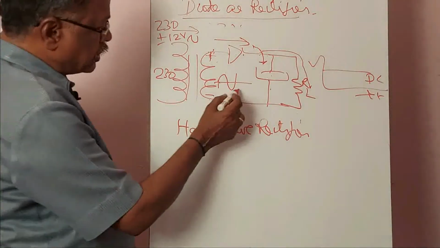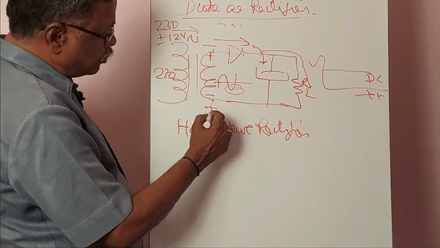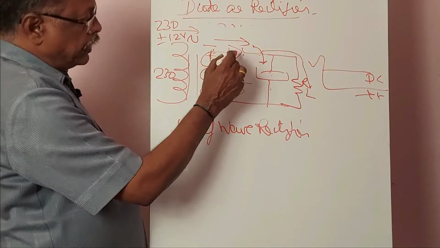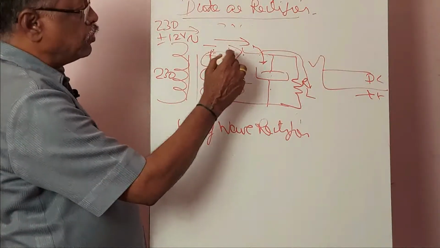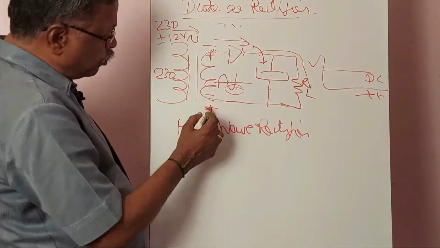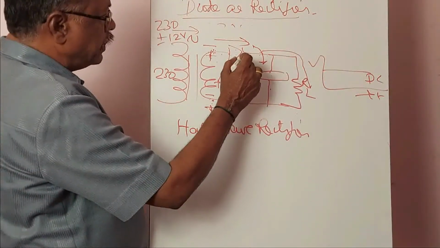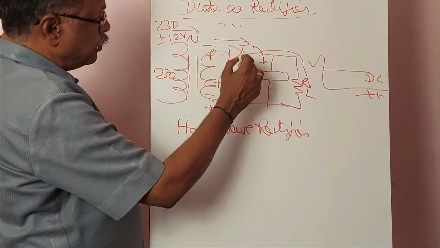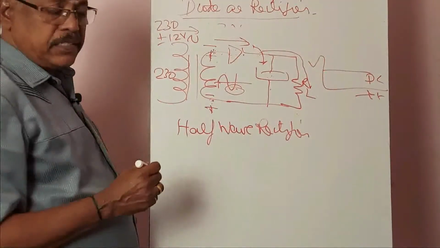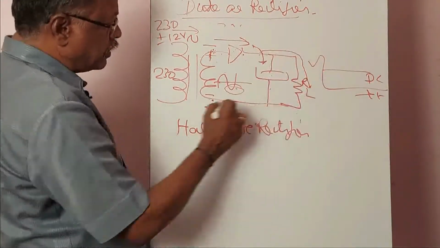Let us discuss the negative half cycle. The negative half cycle means this is going to be negative and this is going to be positive. When negative is applied to the anode of the rectifier diode, it will not be able to drive any current at all. This is going to show a very high resistance. Though this is positive and may drive a current through the load and come back to the cathode of the diode, as it is here, positive is applied to the cathode and negative to the anode. This is a reverse biased condition. Therefore, it shows a very high resistance, ultimately leading to no current at all.